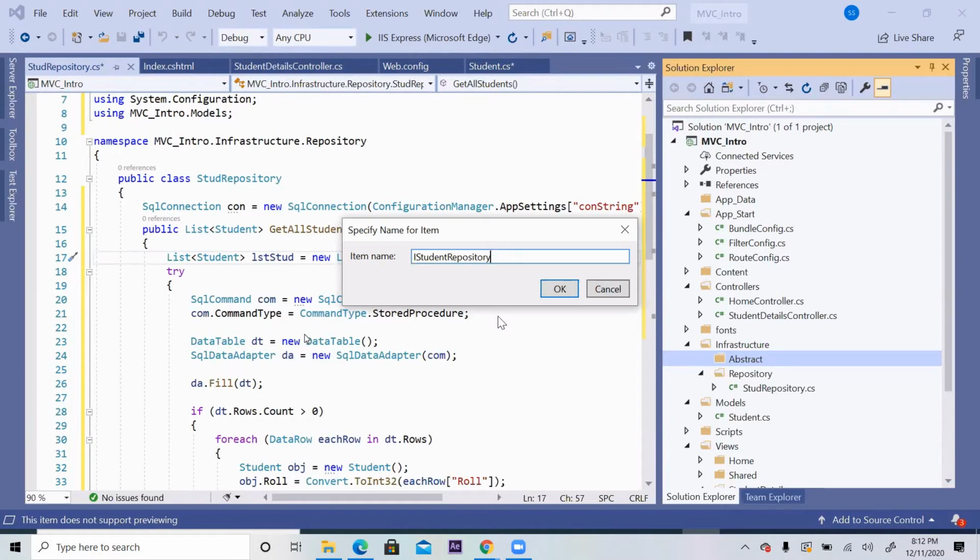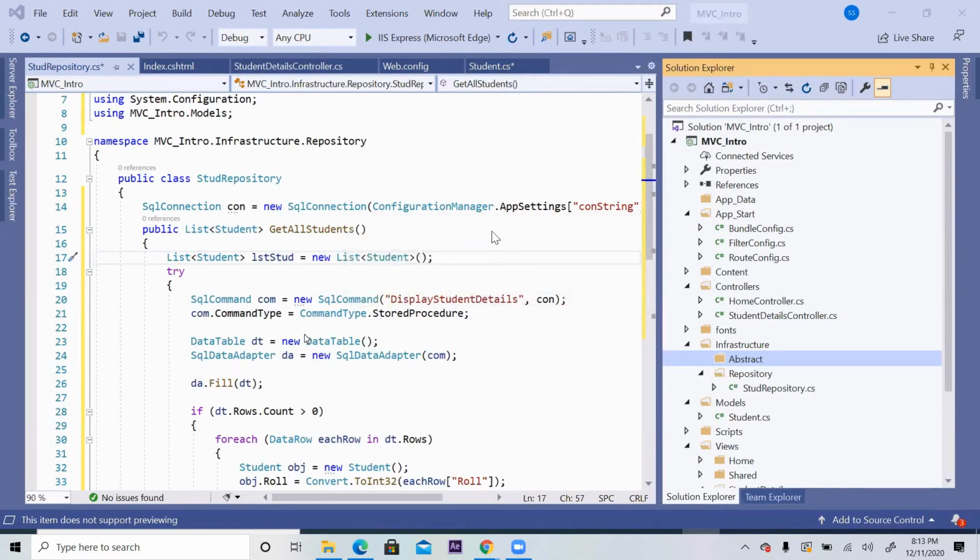So all registration related functions will be kept in one interface, and all examination related functions will be kept in another interface. If it is so, then you have to name it like this: IStudentExaminationRepository, IStudentRegistrationRepository. This time I'm taking only one interface, so IStudentRepository.